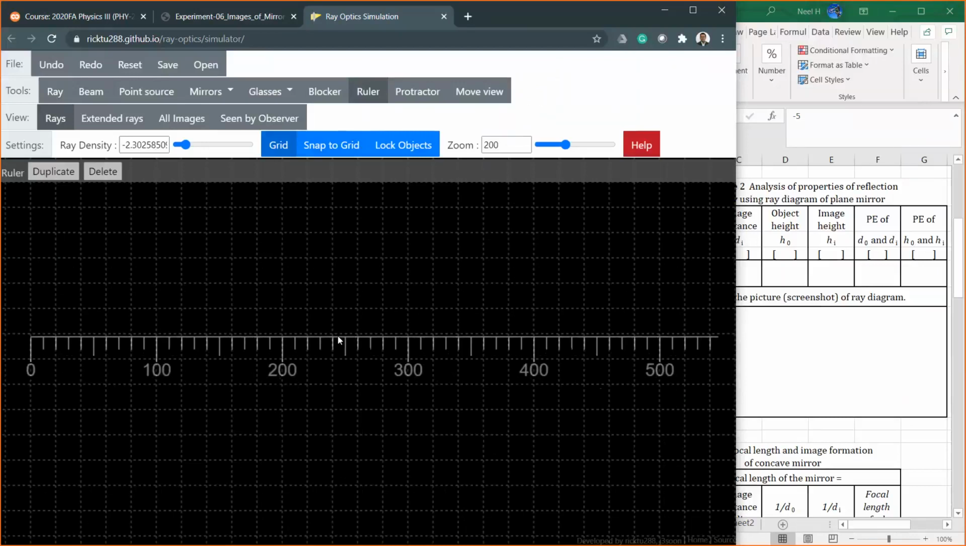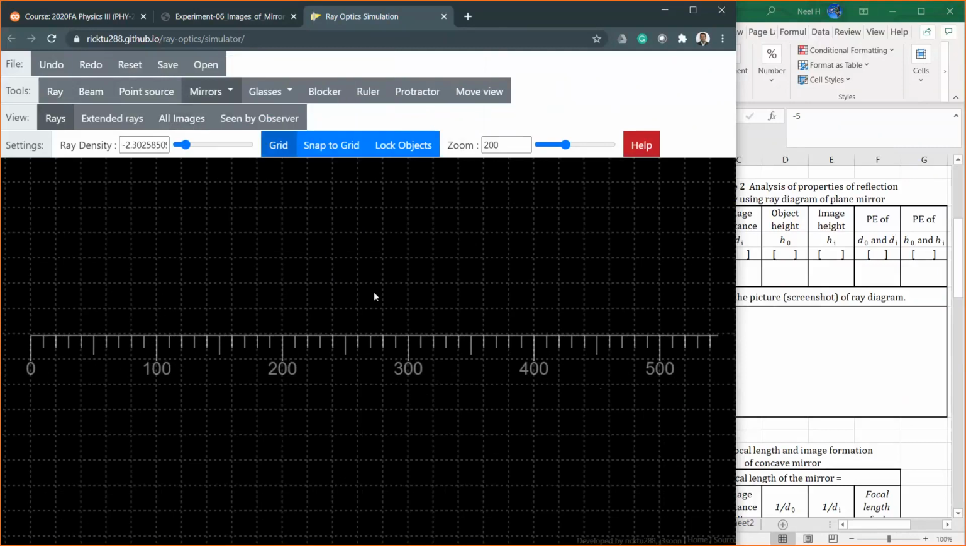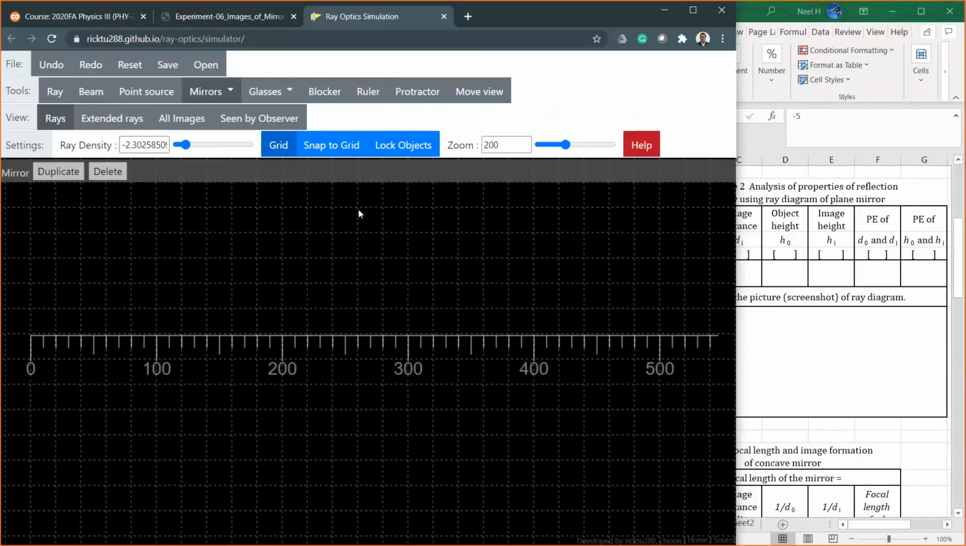Okay, and then we need the mirror, right? To create the mirror, you have to click on the mirrors right here, and then click on the segment. The segment means the plane mirror is a small piece, right? Click on the segment. Then you have to draw that. To draw that, click anywhere on this grid. I'm going to click exactly where it is easy for me to measure. Let's start right here. Just one click,